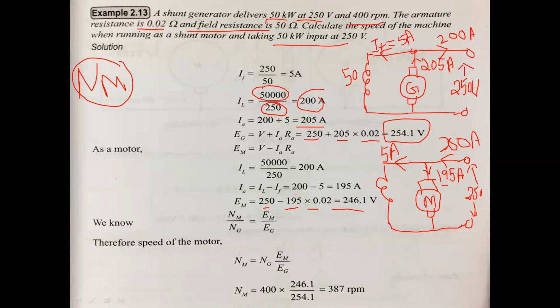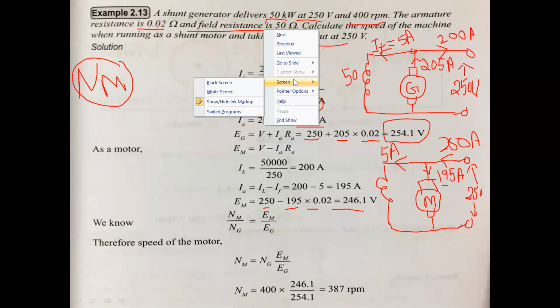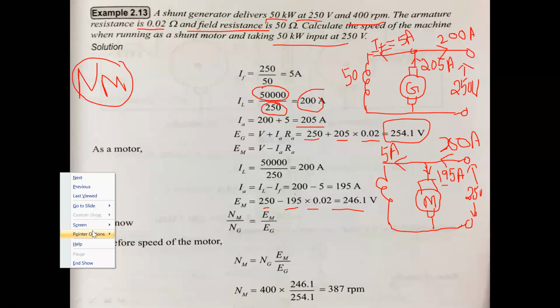We know that the shunt field current is the same in two cases. So that means flux is constant. We know that back EMF, in generator or motor, E_g is equal to phi Z N by 60 into P by A. So that means speed is equal to